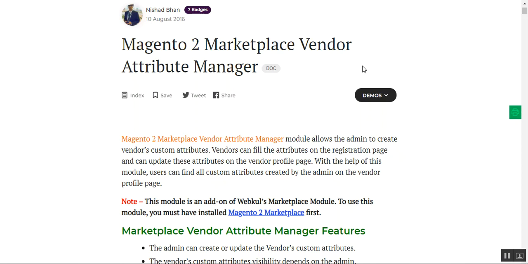Welcome to this new video tutorial of the Magento 2 Multi-Vendor Marketplace Vendor Attribute Manager plugin. In today's video tutorial, we'll be showing you how the Magento 2 Multi-Vendor Marketplace store admin would be able to create custom attributes for the marketplace vendors, and these attributes are visible to the vendor at the vendor registration page and the storefront. And apart from that, the vendors can edit the values of the custom attributes under their